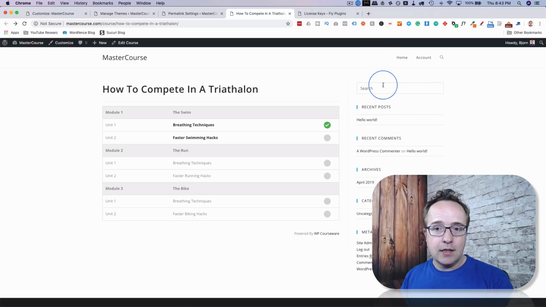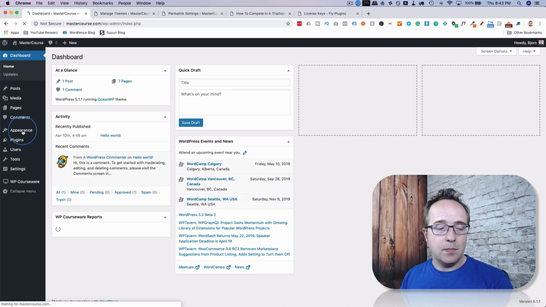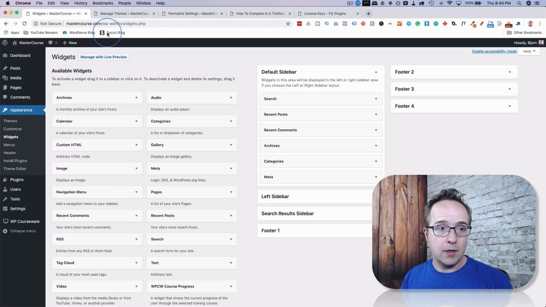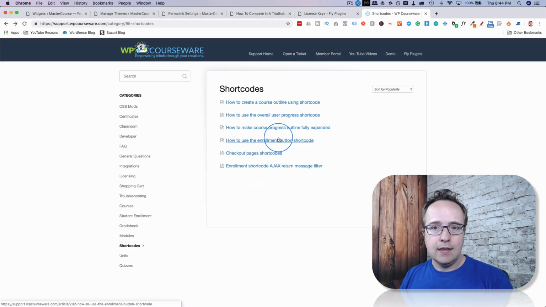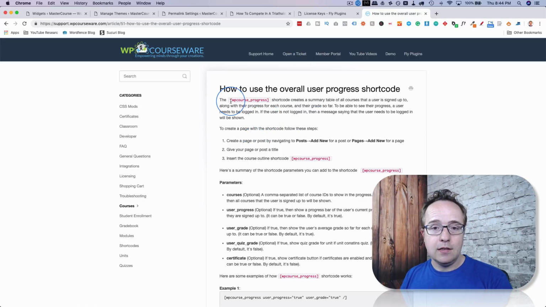Now I want to add a widget at the top of the sidebar. So if we go back into Customize here, click on the X to leave it, then go to Appearance and Widgets, and then go to WP Courseware's support documentation. And this link goes directly to the shortcode, so you can get to the rest of the documentation on the left-hand side here. And I want to create a user progress, overall user progress shortcode. This is going to be a summary of all the courses the users signed up to and how they're progressing in those courses. So I'm just going to copy this shortcode